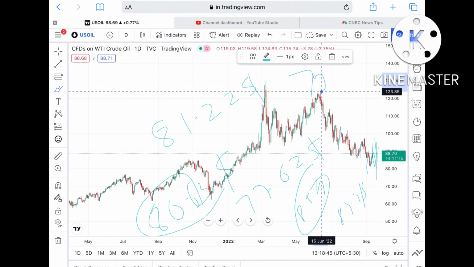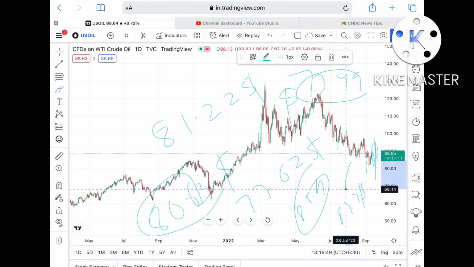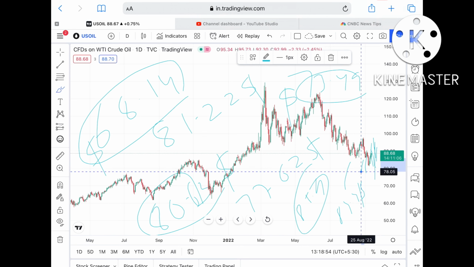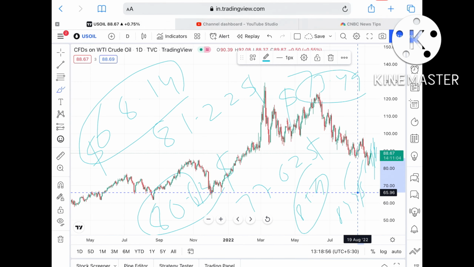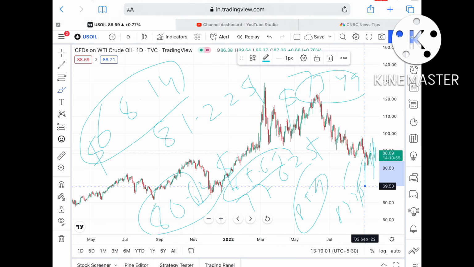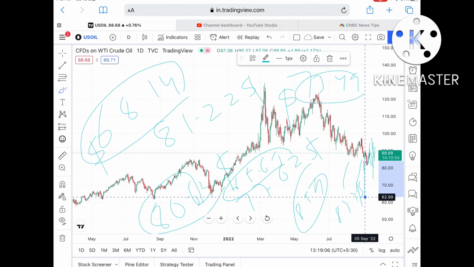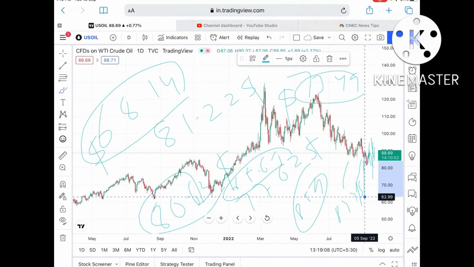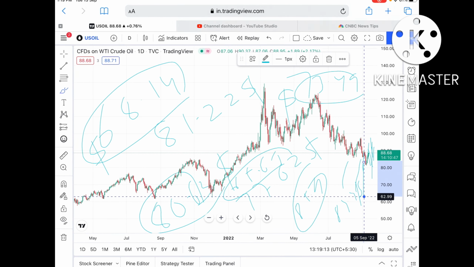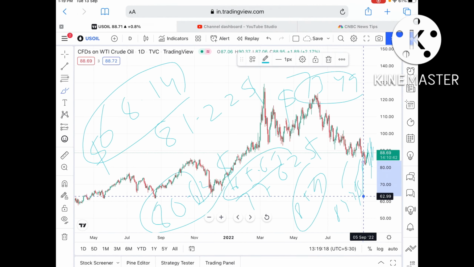$73.49. Okay, and once the price falls below this particular level, then we can see it can touch a level of $68.14. Okay, and from there we can see it can go further down towards a level of $65.69. Okay, and if that level goes further down, then we can see it can go further down. So you have to understand something, if the price falls below 85.69, then only we can see it can touch a level of $77.7, and from there if that falls, then only we can see it can come into a zone of $65 to $70, and if that also doesn't sustain, then we can see it can fall further down,